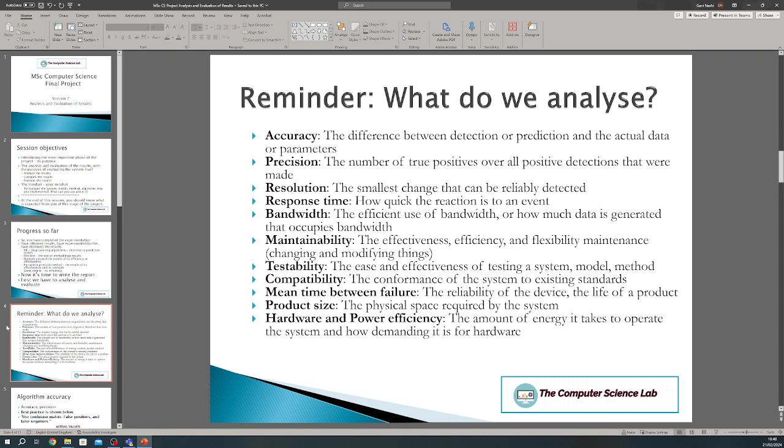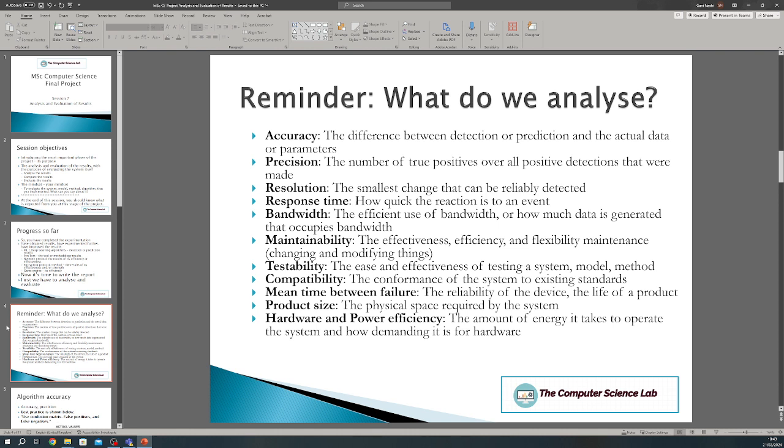So in terms of accuracy, if you wanted to predict something with an algorithm used for prediction, such as house prices or stock exchange fluctuations, then you get results, the actual data from the test. Precision: true positives and true negatives. Or resolution. Or if it is about an app,